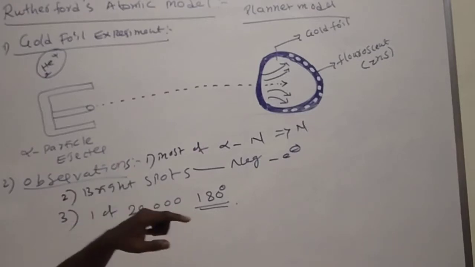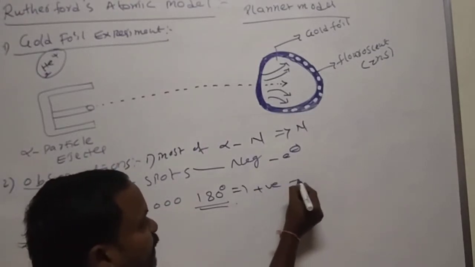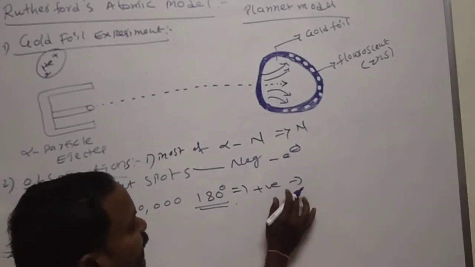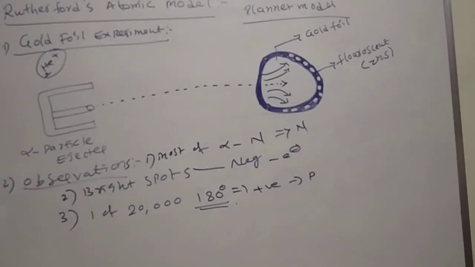Which repulse? Positive repulsion. Those have a positive charge. That's why they can repulse. And these are simply considered as protons. By these three observations,